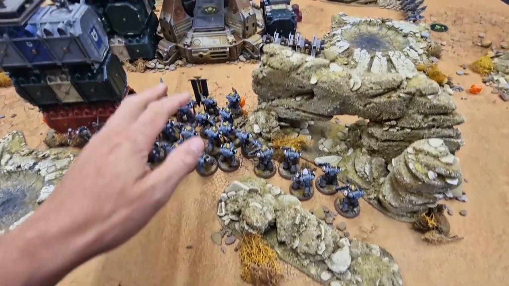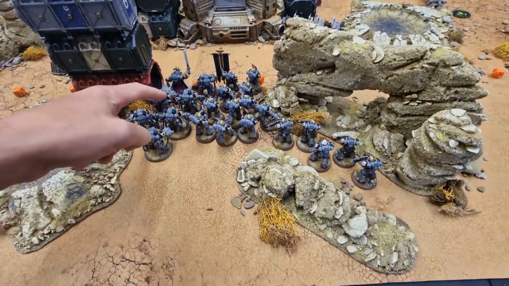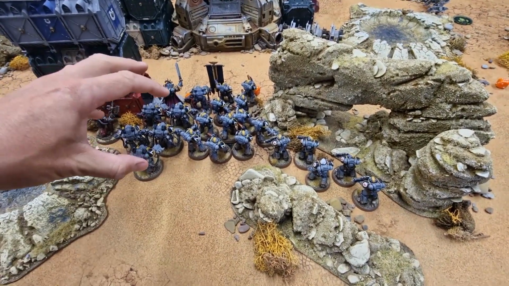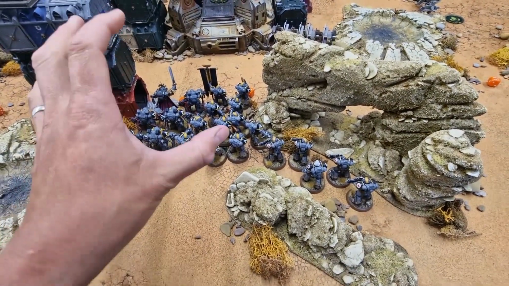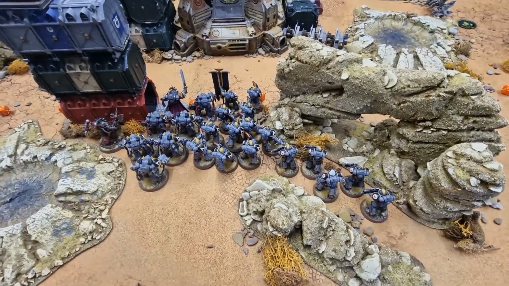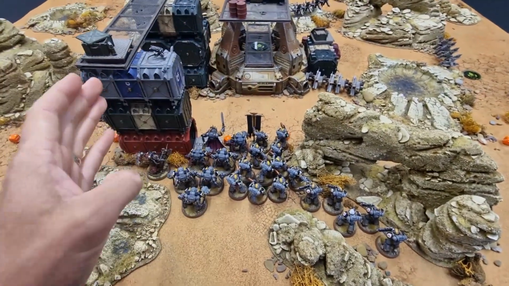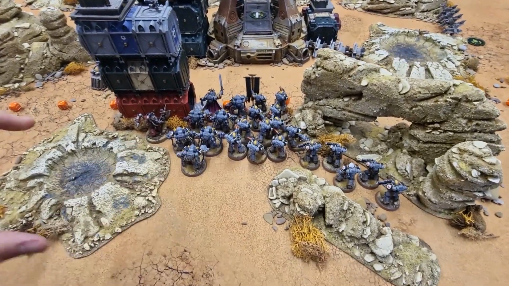To back them up, as there could be a load of melee stuff coming through here, the captain and the aggressors join the attack across here as well. I think that's really well supported, a nice big block there in the middle. I'm holding off with the Gladiator Lancers for now. I'm waiting to see where the opponent puts their armour and their monsters, and then I can react